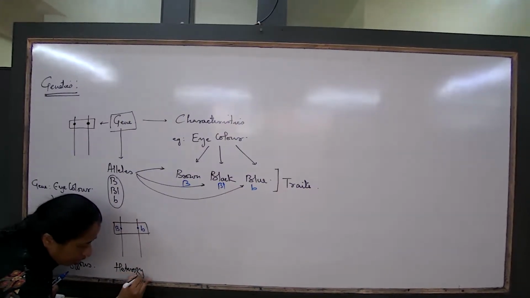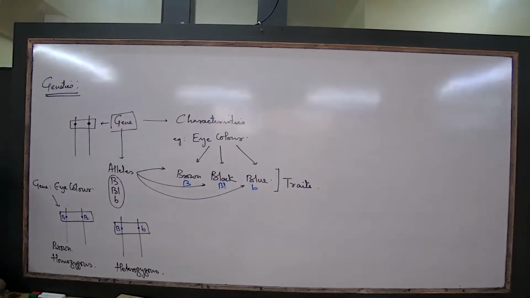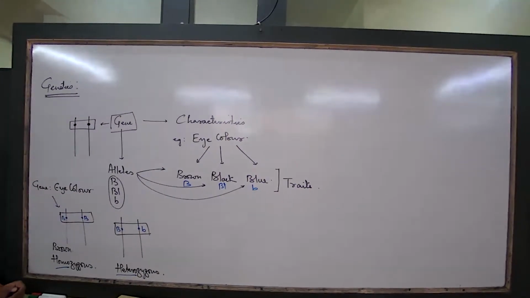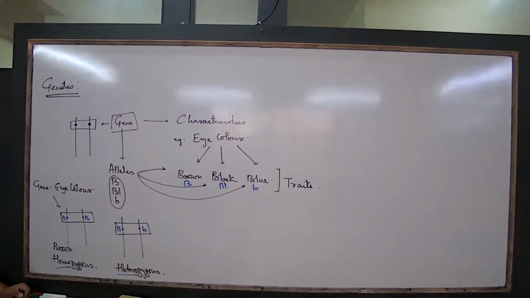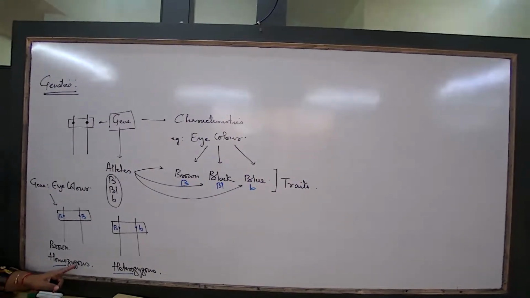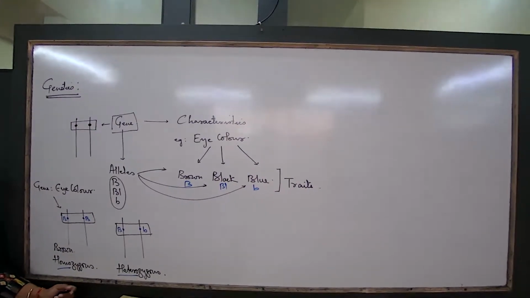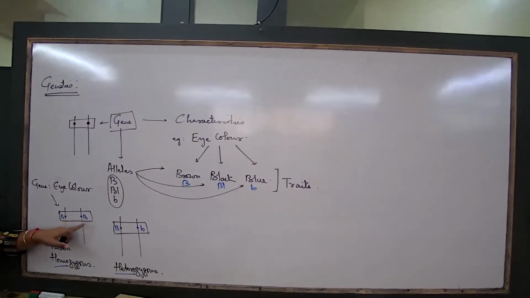This type of condition is known as a heterozygous condition. Homo means same, hetero means different. Common terms, homogeneous mixtures, heterogeneous mixtures, there also you have studied. So in the entire story of science, homo always means same, similar. Hetero always means different. तो यहाँ पे भी वही सेम कॉन्सेप्ट है,